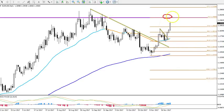So when it reaches there the first time, I expect at least a little bit of a bounce, either, as I said, through an ABC, or otherwise through some kind of bull flag, maybe on the 4-hour chart, where we have a couple of days that price goes sideways like this, and then indeed price might continue with this trend to the upside. But for the moment, expecting